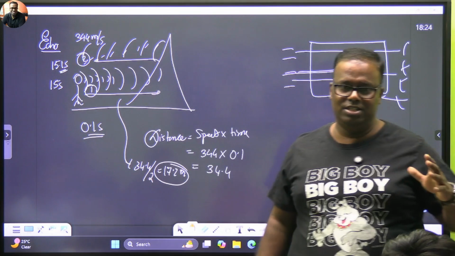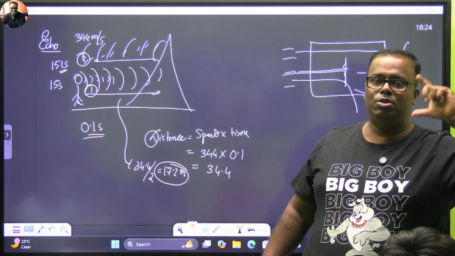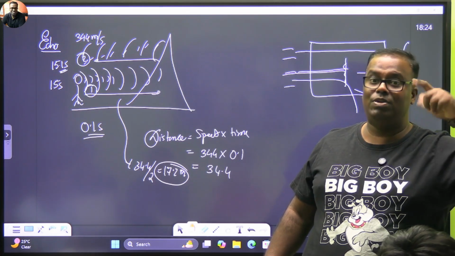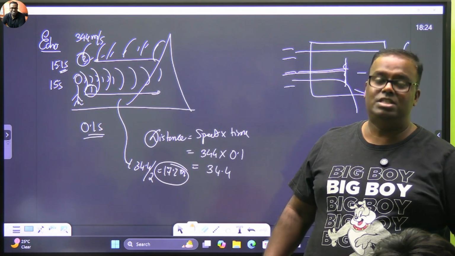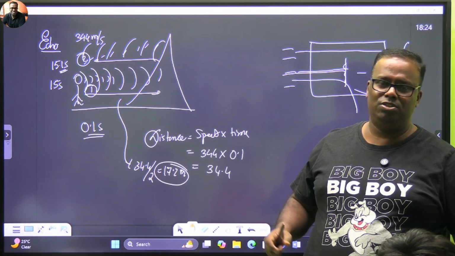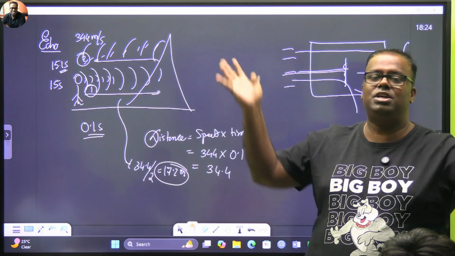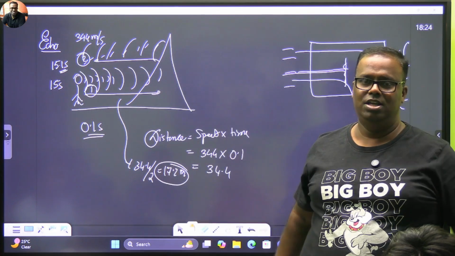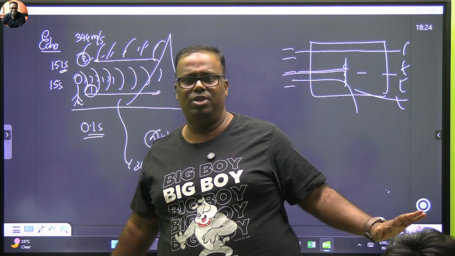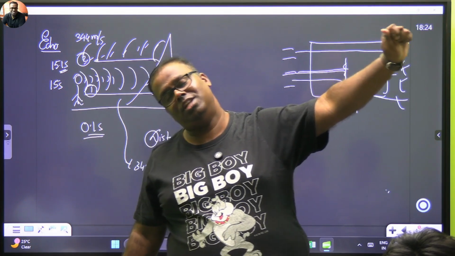Loudness will tell you intensity. The amplitude, like for example if you have a sound wave, the amplitude tells you about the intensity of sound. If you have a light wave, the amplitude will tell you how bright the light will be. Like when you listen to songs, the auto rickshaw driver who plays it loudly, that's all loudness. The speakers have bigger membranes, so they go up and down more. But that's not good sound. It will be heard only here, not far away. To be heard far away, like a baby crying, that you can hear.